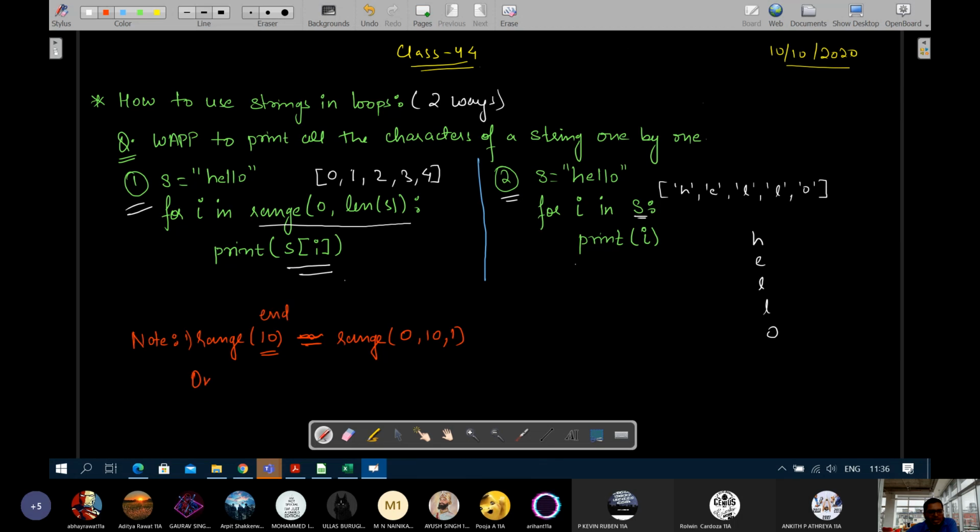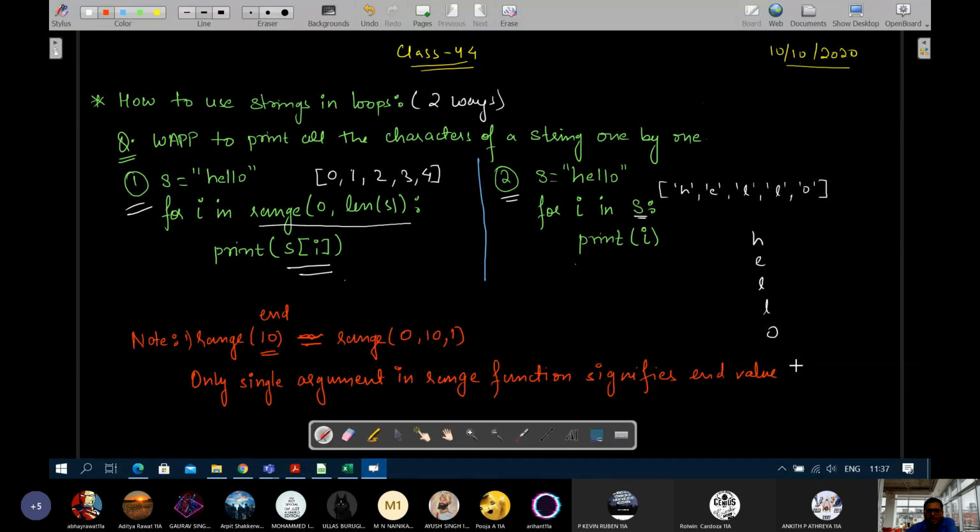So a single argument in the range function signifies the end value.